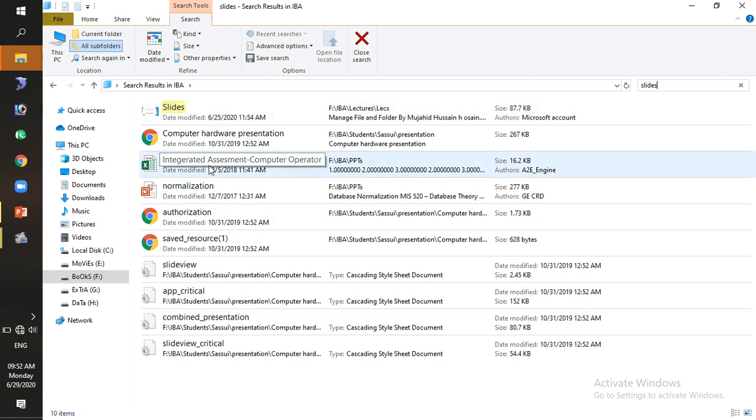So it's your search box tool. In this way you can use your start button.